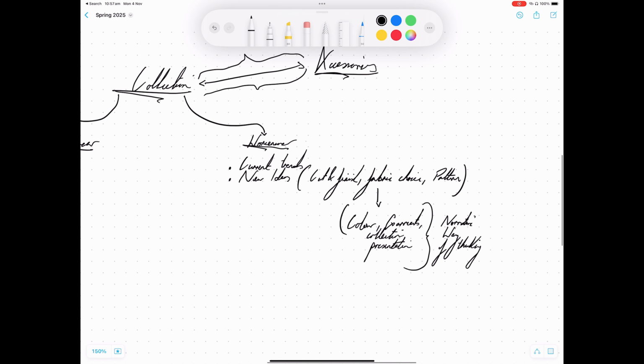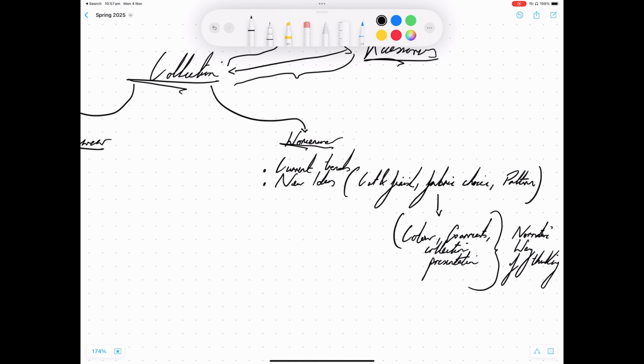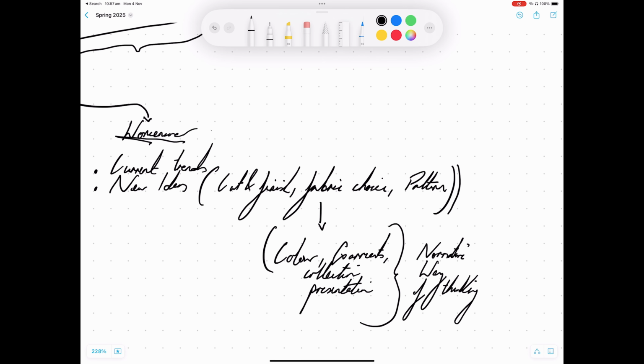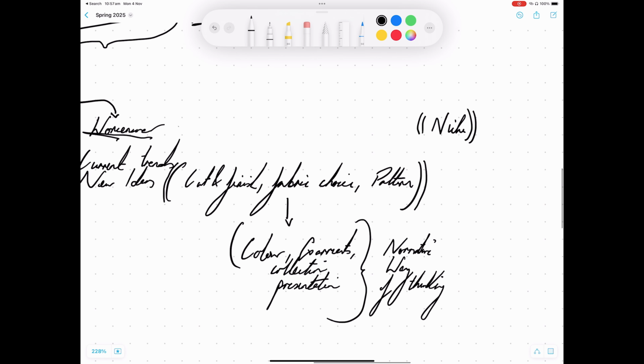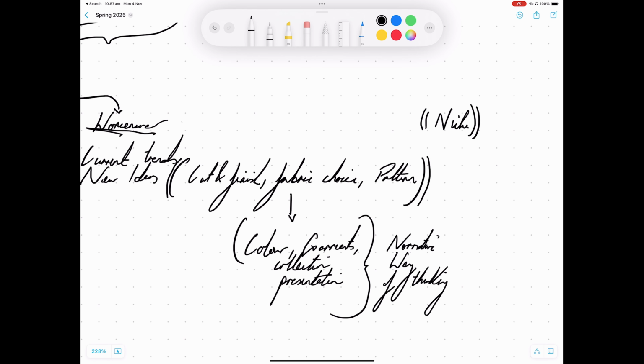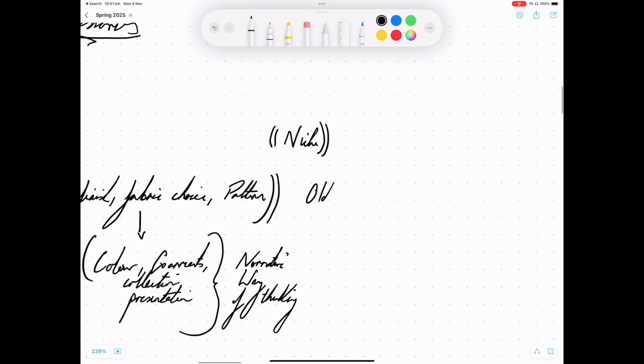We need to think of these phrases and these choices, and they're very broad and they're very simple, but they're just little things that you need to think about in terms of styling and trend forecasting and new ideas. And that new ideas in brackets, it can be double bracketed because it's kind of a niche in a way. It's this idea of a niche: why does your company have such a thing, and why is it so popular? It's because of my new ideas of this, this, and this, and even my old ideas. So even your old ideas that you have,